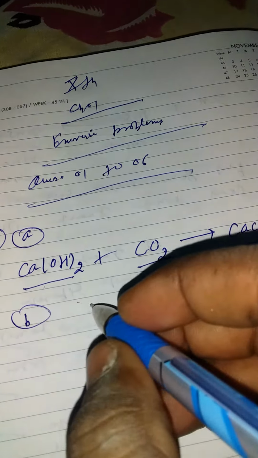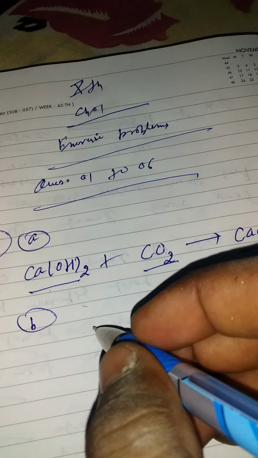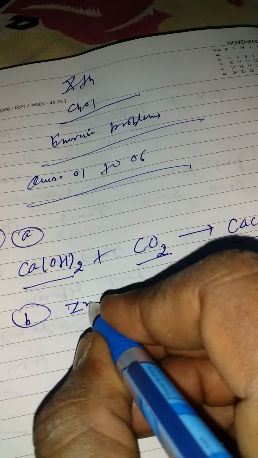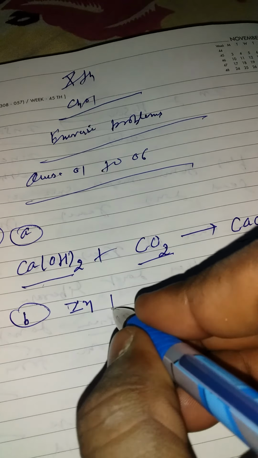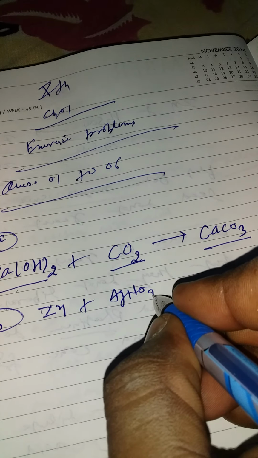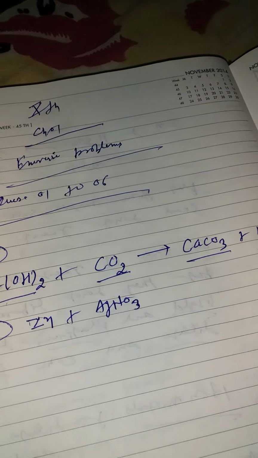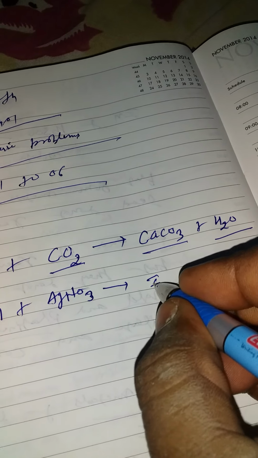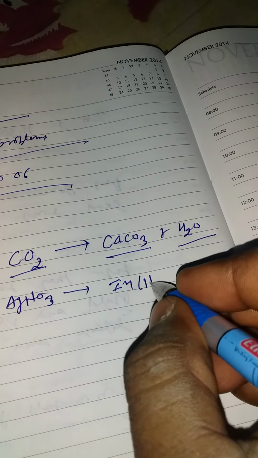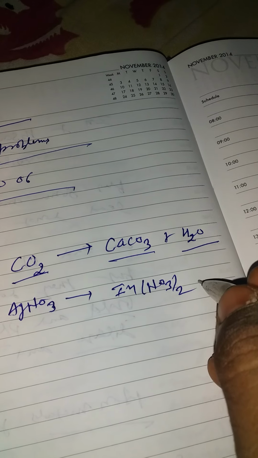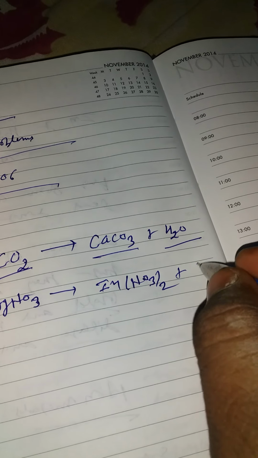Second one, zinc reacts with silver nitrate. The symbol of zinc is Zn, and the formula of silver nitrate is AgNO3, and it forms zinc nitrate, Zn(NO3)2, plus silver. Here we see that